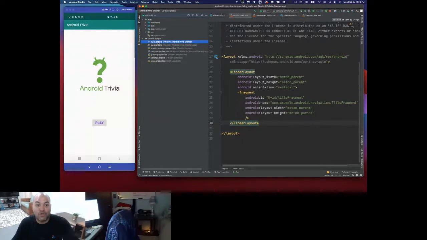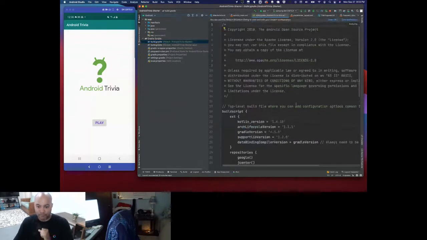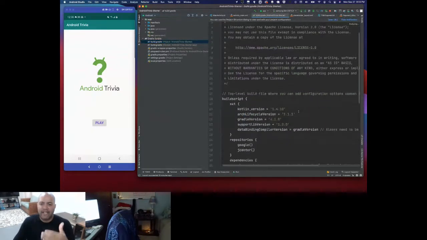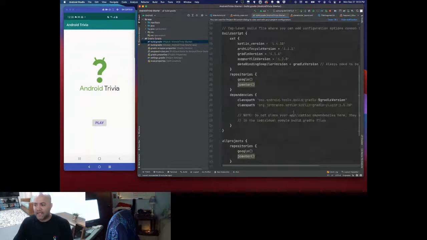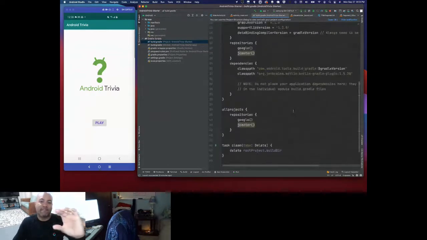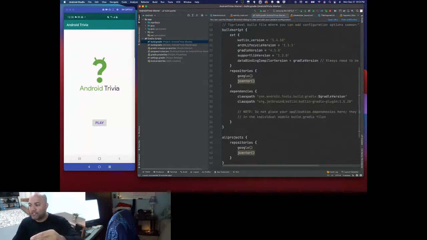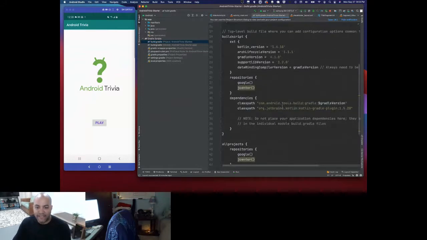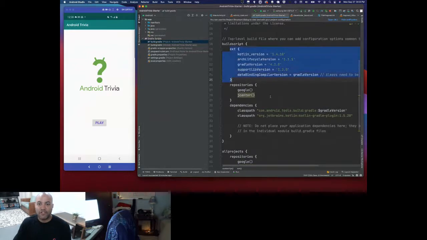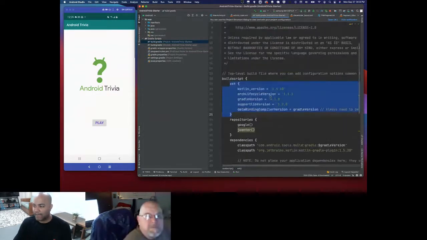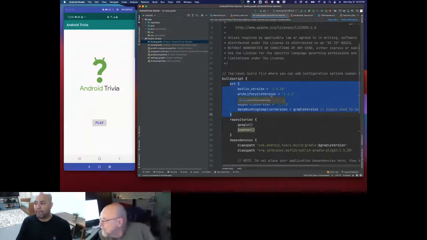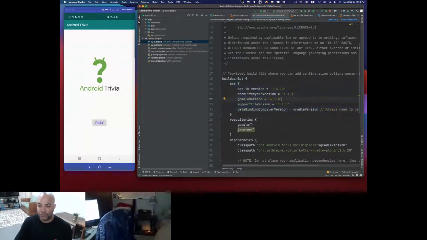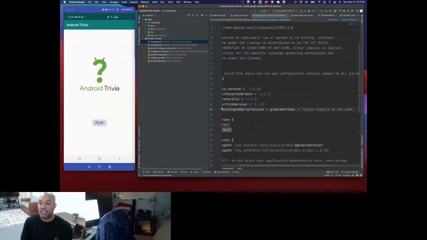So the project one is the build Gradle up top. And here's where you define all the versions and whatnot, and then you can just add it there. You just have to find the spot for the ext. Here they are, some of those other Android extension plugins that you can bring in. And then here, all you have to do at the end to enable the navigation,